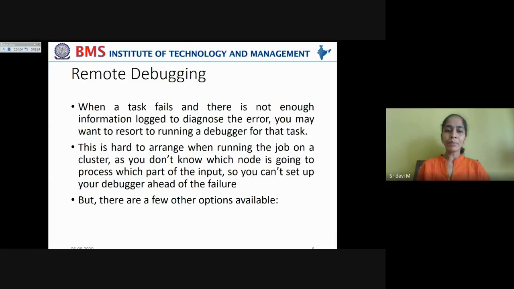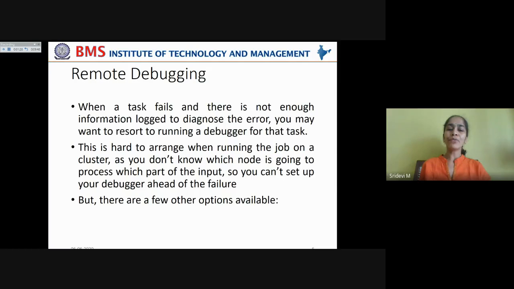So you can't set up your debugger ahead of time; only once the failure has occurred can you start debugging and find out the root cause. Because your job is running on multiple machines, you don't know which part of the input is run by which particular node.